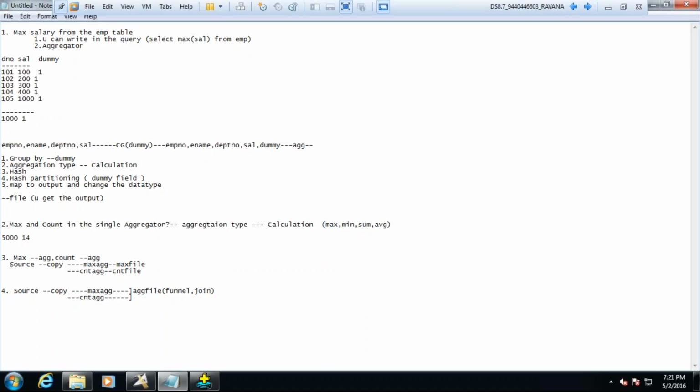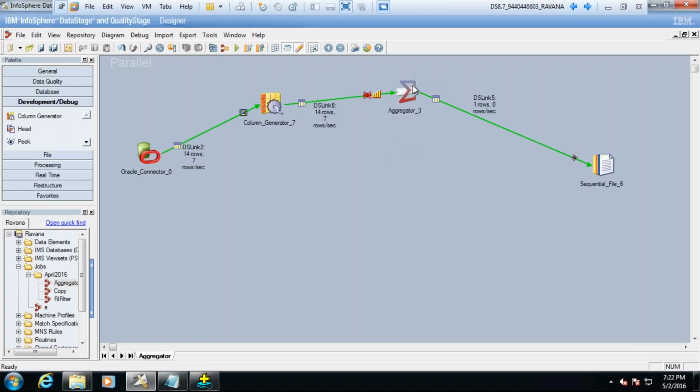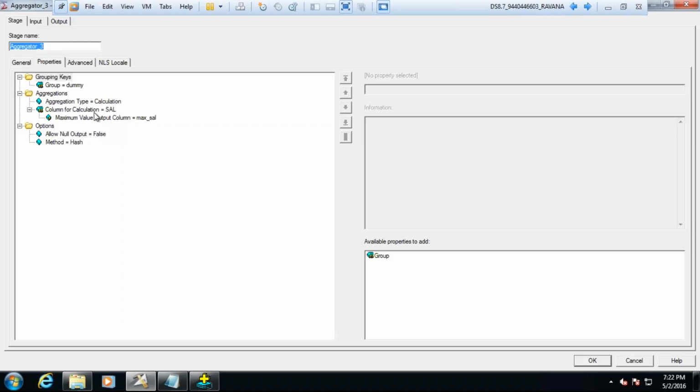After so many shouts, you need not think this way. Right? Yes, sir. Good. So now you need to do the sum, and the calculation column I need to give is dummy. But there is a tricky part over here. I cannot use the same column in the group and for the calculation.